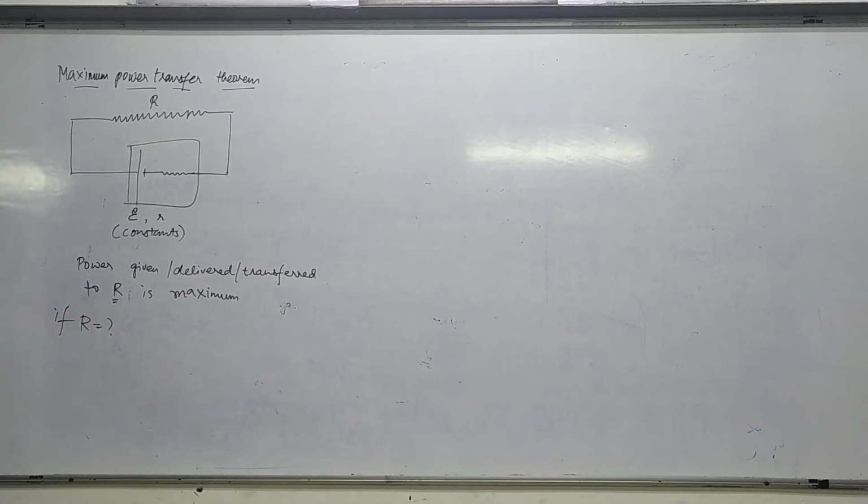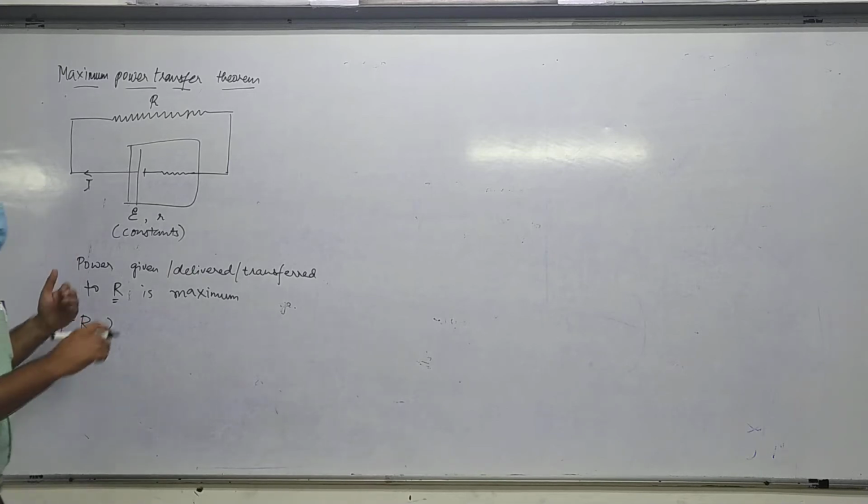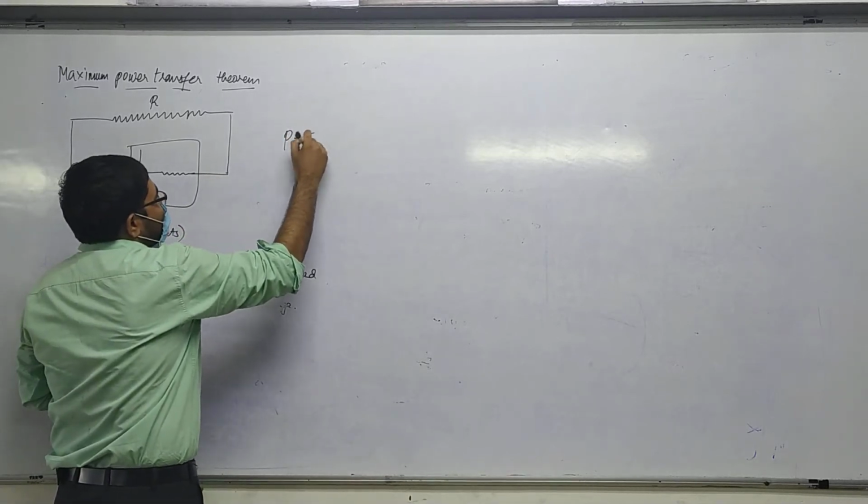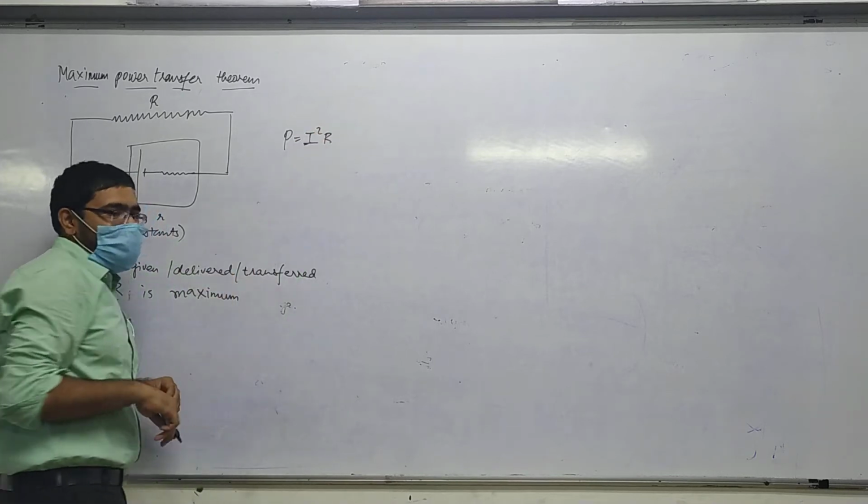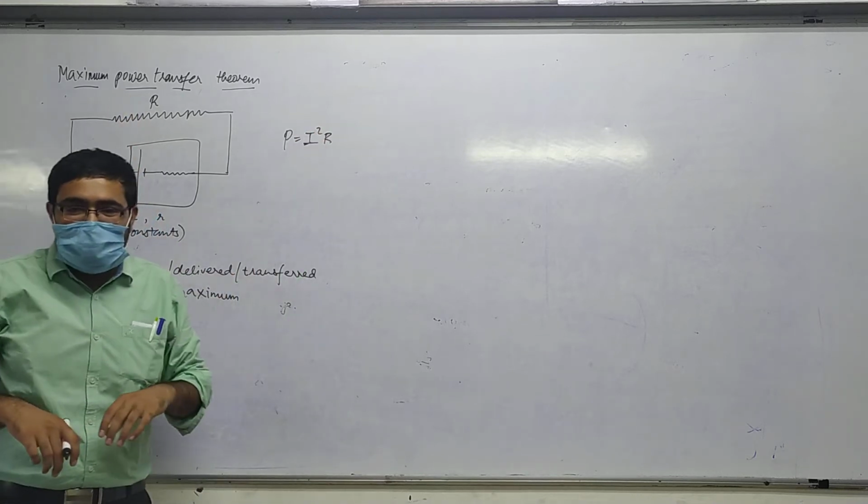Question is clear? Yes or no? That is, what should this resistance be so that the power delivered to it is maximum, so that this resistor gets some power? What's the formula of that power? Power loss in a resistor, or power delivered to a resistor, is I square R. Correct or not? Understood? If power delivered to the resistor is I square R,